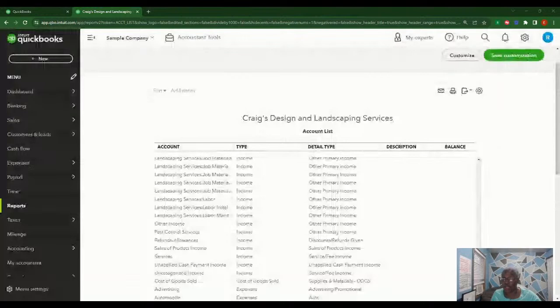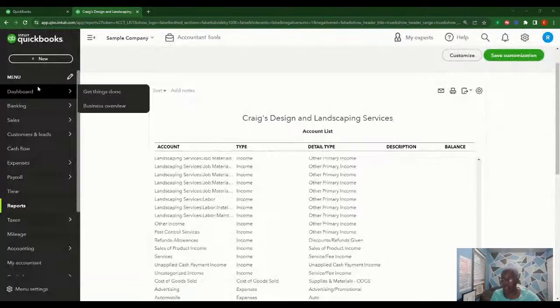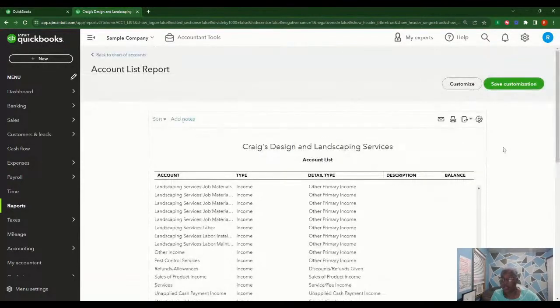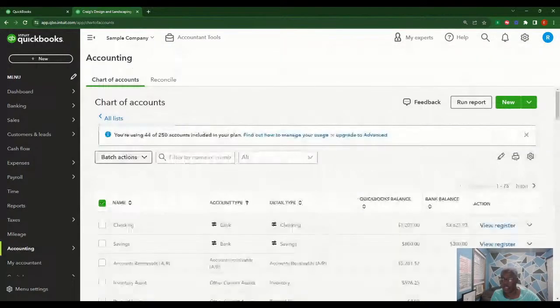So this says it's 89, right? Lines are in there. But it shows you inside. We're going to move this from over here, and we're going to go back to the chart of accounts. It says 44, right? So now what QuickBooks is counting